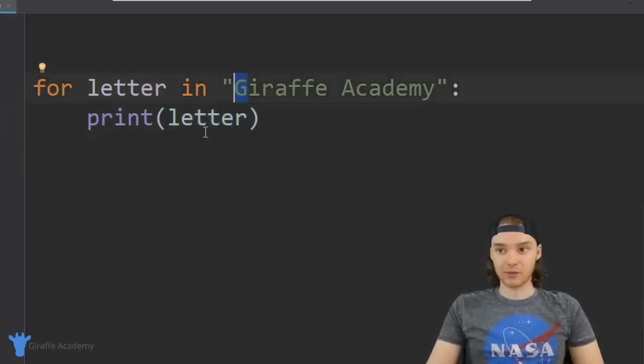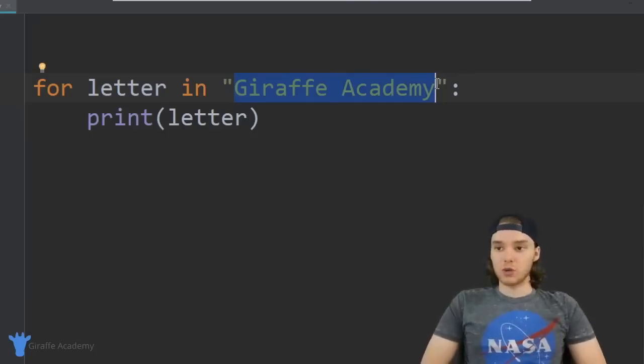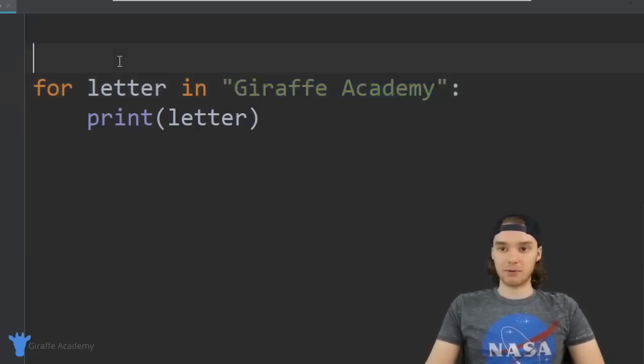On the second iteration of the loop, the letter variable stored the value I, etc., right? So we went through this entire string and we were able to print out each letter. So in addition to using this with strings, we can also use this with other collections, for example, like an